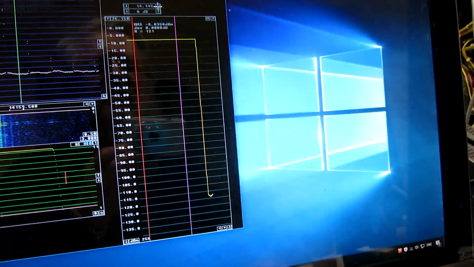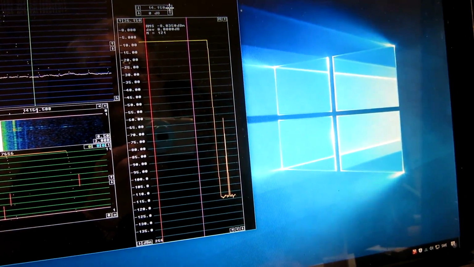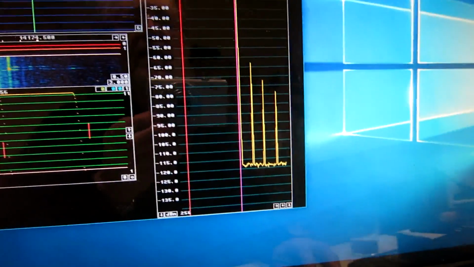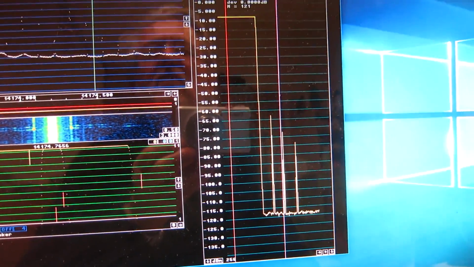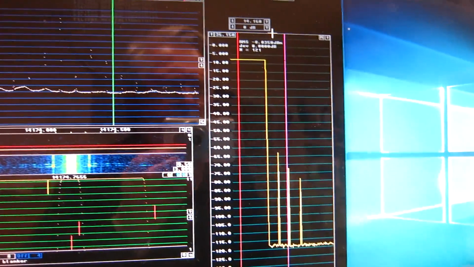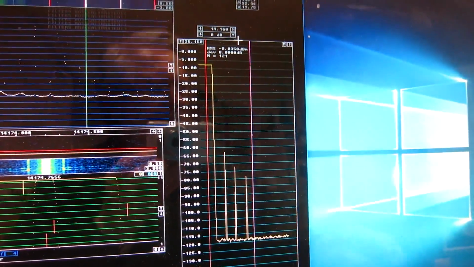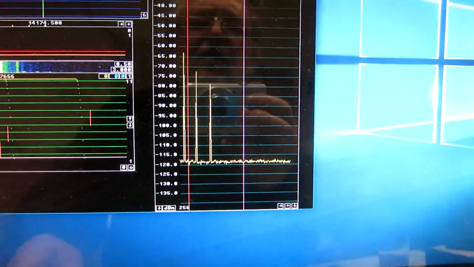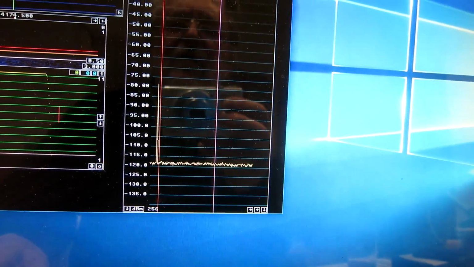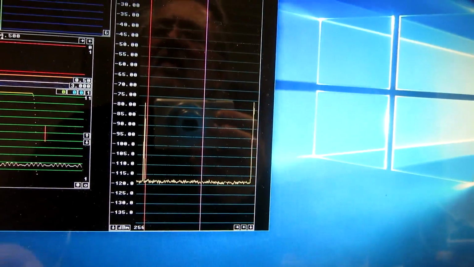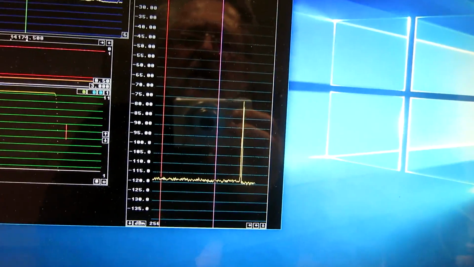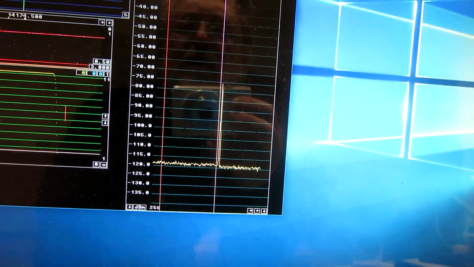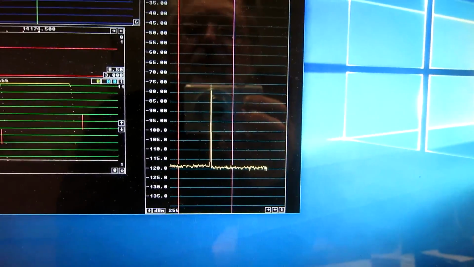5, 10, 15, 20. And as you can see on the S meter, the noise floor didn't change much. I can remove the strong signal to see the effect of reciprocal mixing at this frequency separation. Now the strong signal is gone, and the difference is maybe 1 dB, and that's not because of the sound